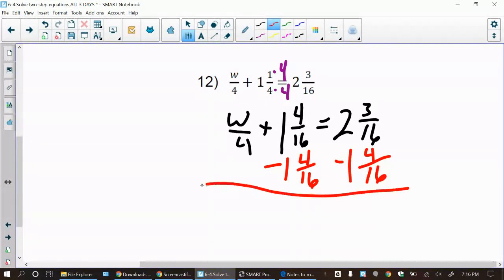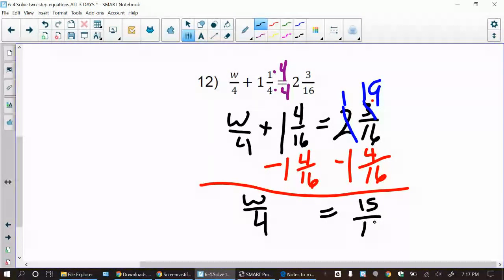Now, when I put it this way, I have my larger value on top. I'm subtracting the 1 and 4/16. But you know what I notice? I can't take my 4 away from my 3. So we have to do that little regrouping. Add 16 to 3, and you get that this is really now 19. All right. So we have W divided by 4 equals 19 minus 4 is